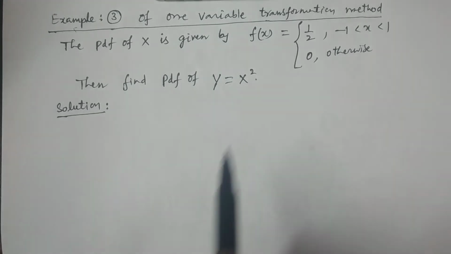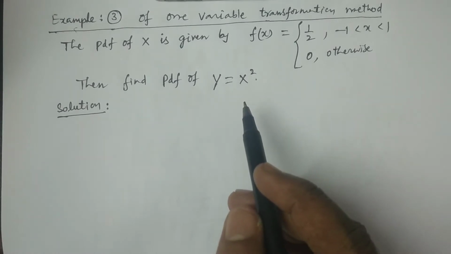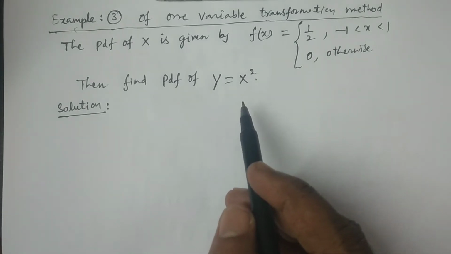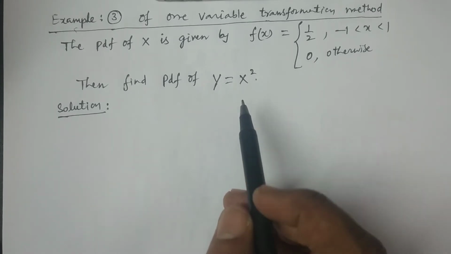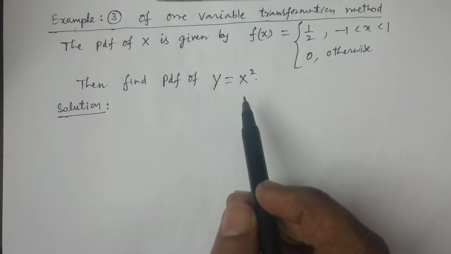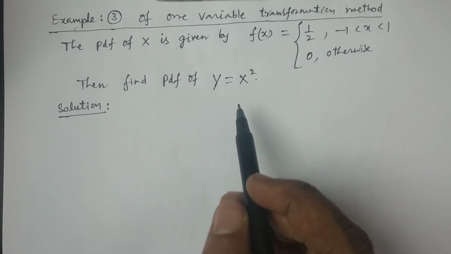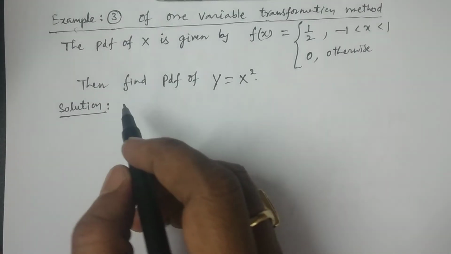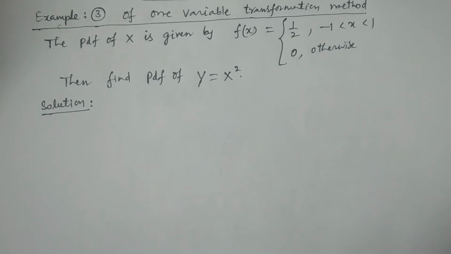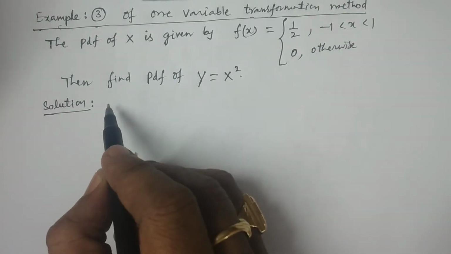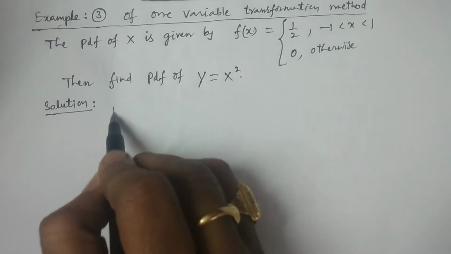I hope you understand the problem, right? Whenever the PDF of one particular variable is given, and another variable is related to the given known variable, then the PDF of the other variable is calculated by the one variable transformation method, because of the relation with one variable. I have already explained that there are three particular steps to consider. One is the transformation.